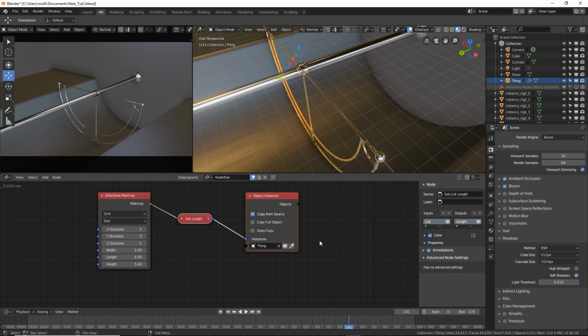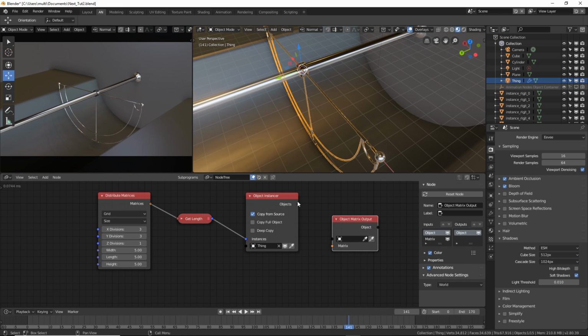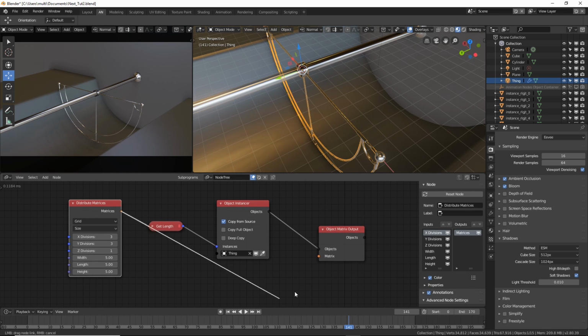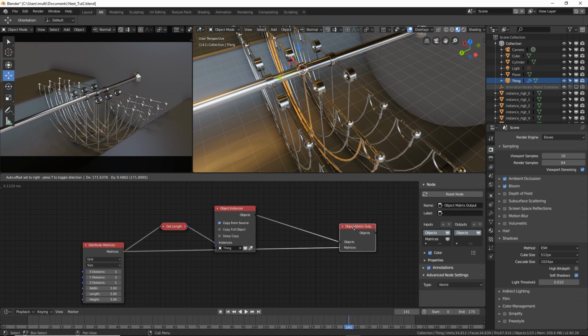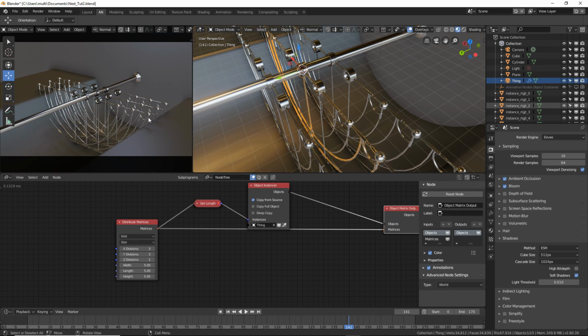And also let's create the transform output node. So I'm going to create the matrix transform output, matrix object transform. Okay, object matrix output. Connect the objects to objects and matrices to matrices, and you will get a grid of this thing.